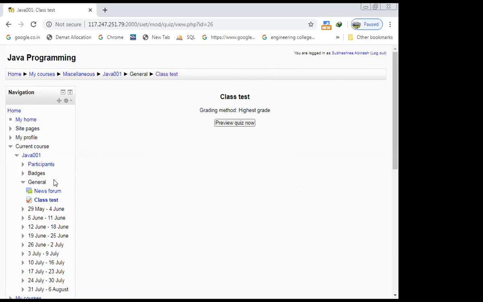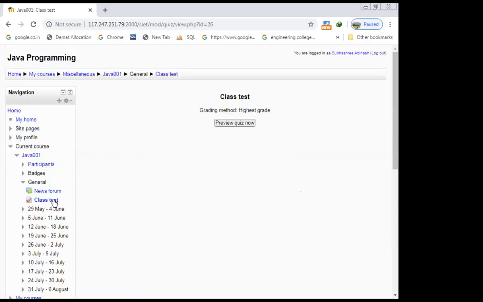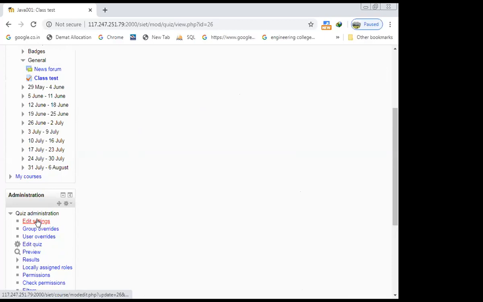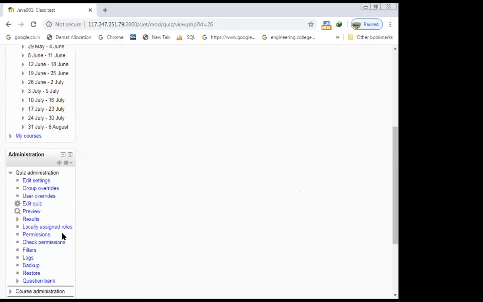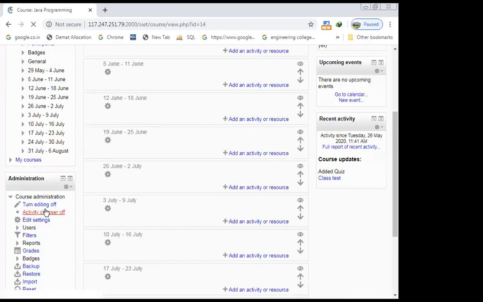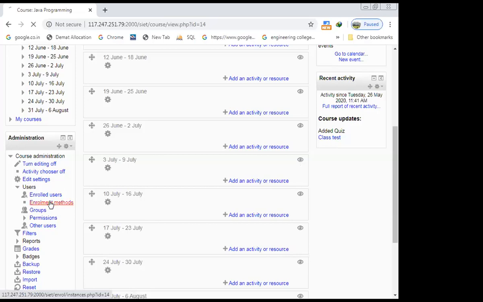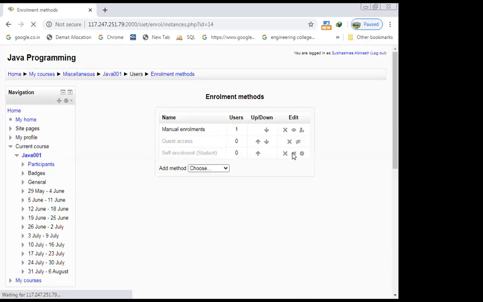The student user, edit settings. So in users, the enrollment method, you have to enable it. Okay, so after enabling, then the work is over.